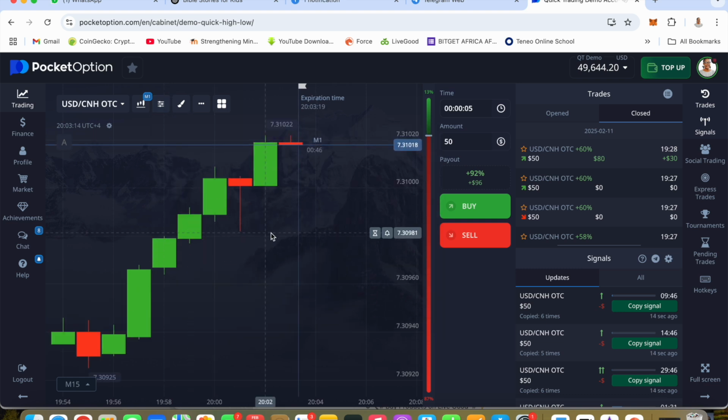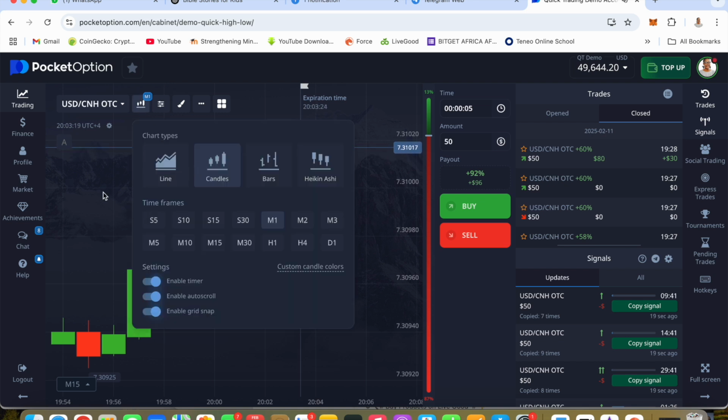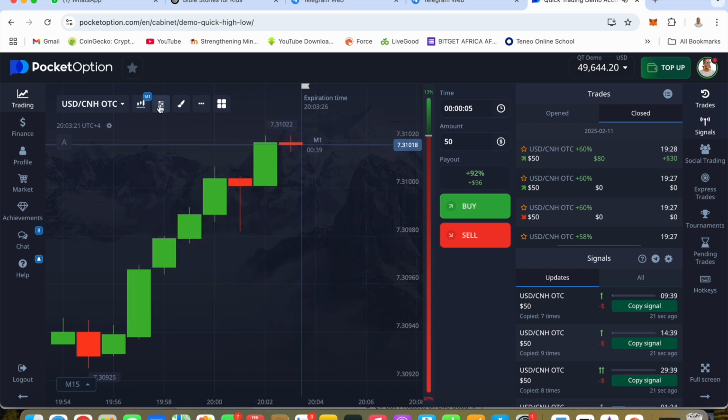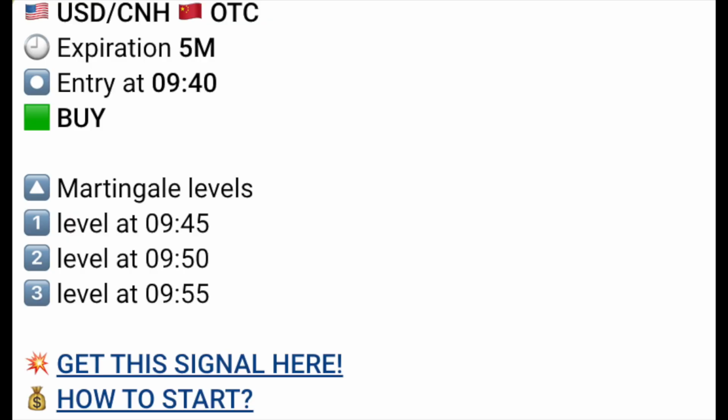So we do want candles and we don't want anything on indicator. So this is where you are ready now. Now that you have set all of that, you are ready to take your first trade. When you go back, you see that it said entry at 9:40. So you go back to your